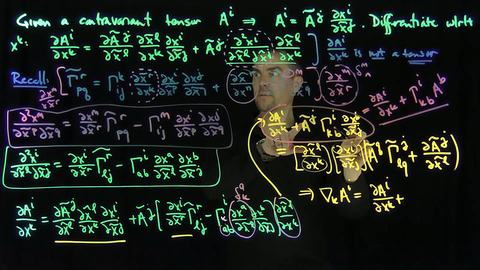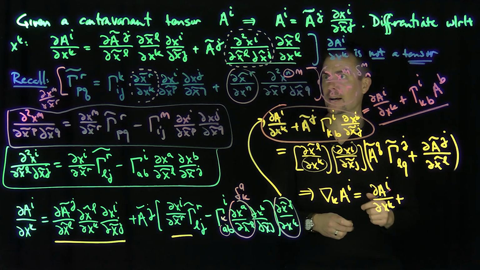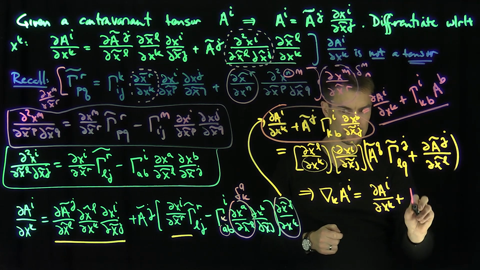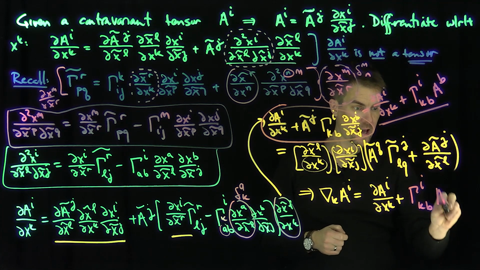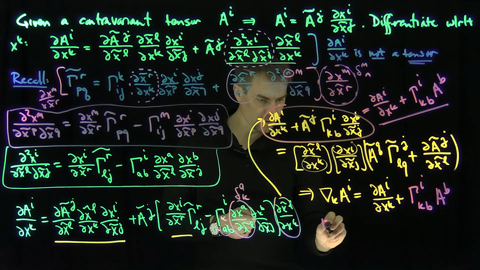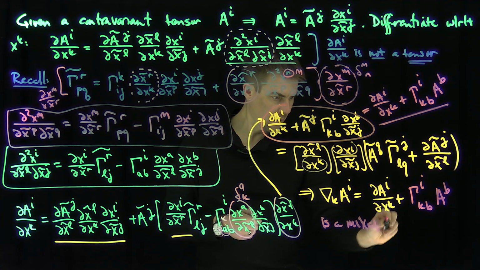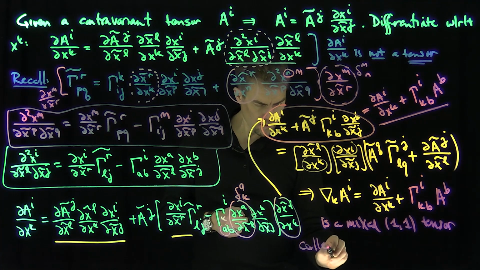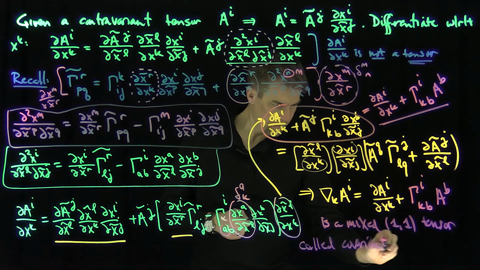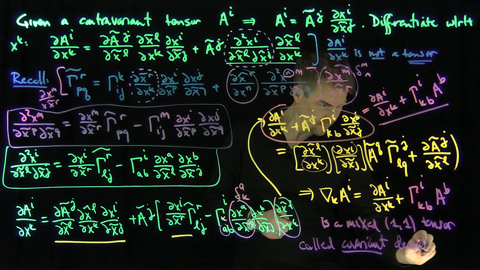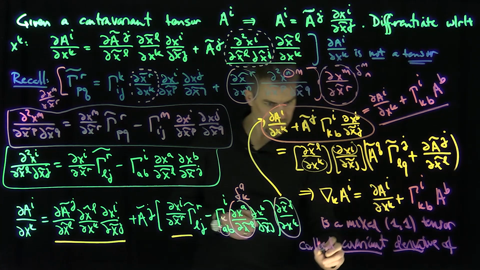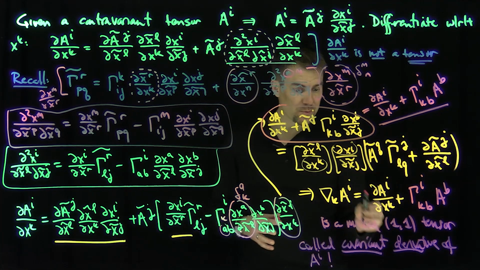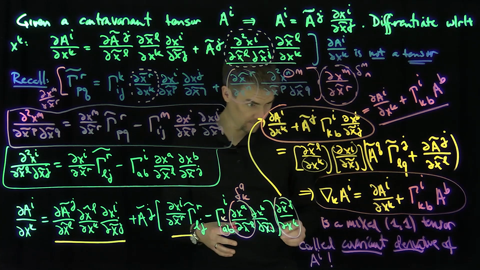I've used the contravariant property over here to do that, right? Excellent. Using this contravariant property, that says that plus gamma I, K, B, A, B is a mixed 1-1 tensor called the covariant derivative of AI. Excellent. What this gives me now is a tensorial way of differentiating a